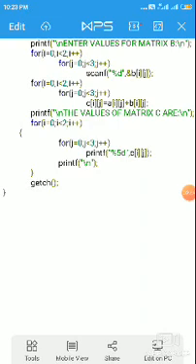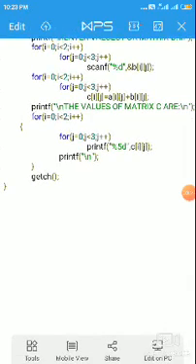So here c[i][j] is equal to a[i][j] + b[i][j];